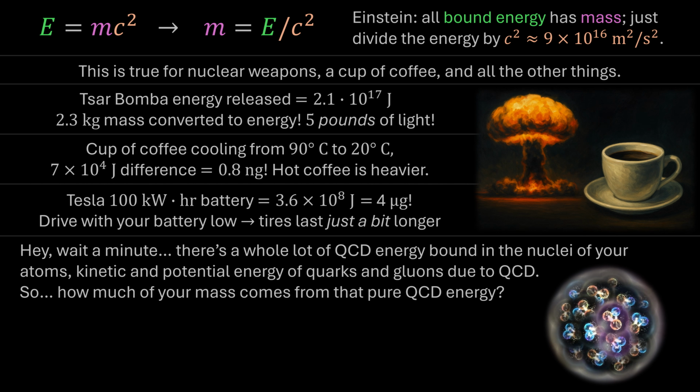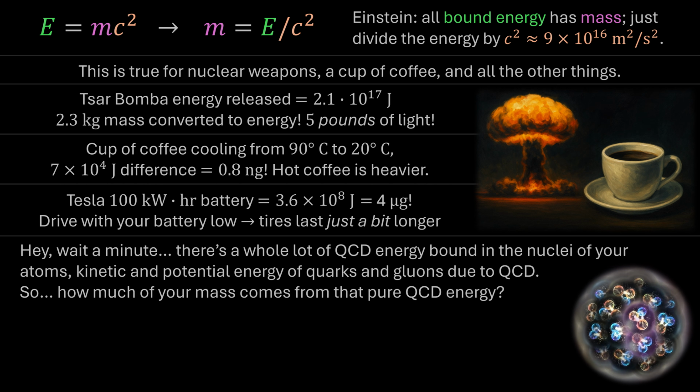Well, we would think it should probably be a small number, right? Let's say 1% or 2% of your mass comes from this QCD energy. Well, in a human body, 1% or 2% of your mass, that's a few pounds. Imagine if a few pounds of your body was just pure energy. That'd be pretty crazy, huh? But get this, it's not 1%, it's not 2%, it's not 3%. No,